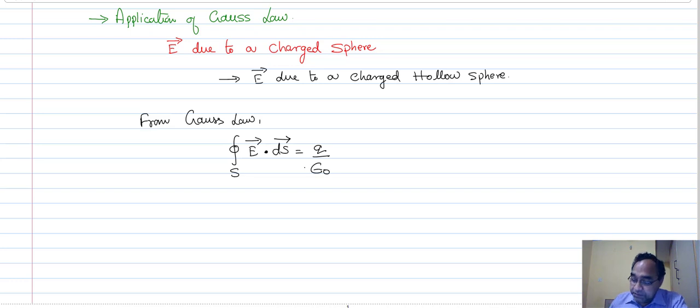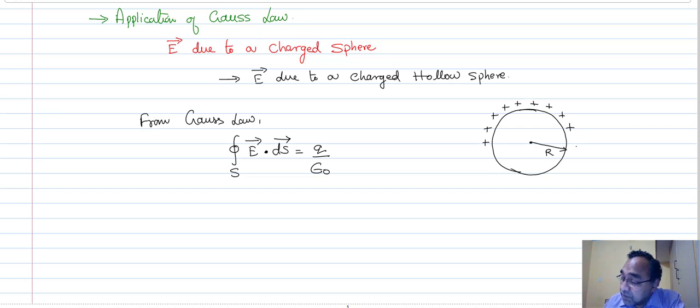Now out here, let us try to see how the sphere, see I am drawing one sphere, let us say the radius is r, radius of the sphere, and the charges which are spread on the surface of this sphere, this is exactly what we have. So the total charge which is spread on the surface of this sphere, let us say we have a charge q.